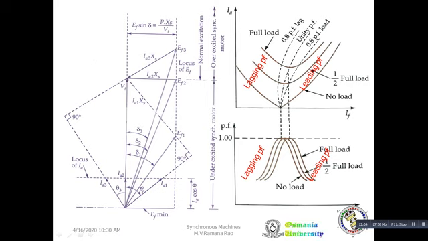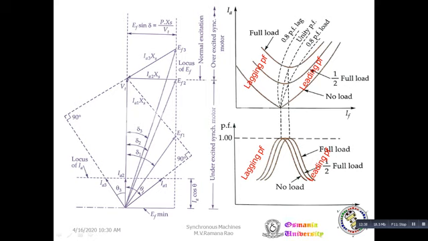Okay, so in brief, as you go on increasing the excitation, the armature current is reducing. Still, if you go on increasing the excitation, the armature current increases. The power factor increases first, goes to the maximum, UPF, and then decreases. The delta angle between VT and EF reduces, then increases. So the locus of the EF you can see and the locus of the current you can see. So let us go to the next slide.